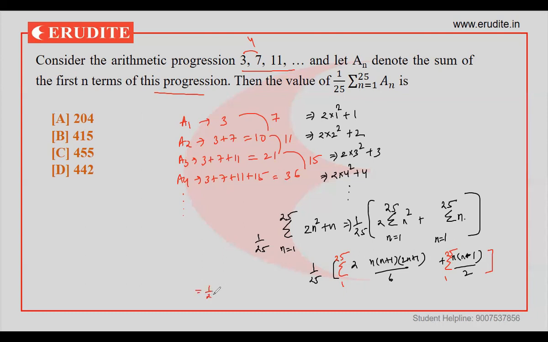So in the next step, it is 1 by 25. This is 3. So just place the n with the 25. 25 into 26 into 51 upon 3 plus